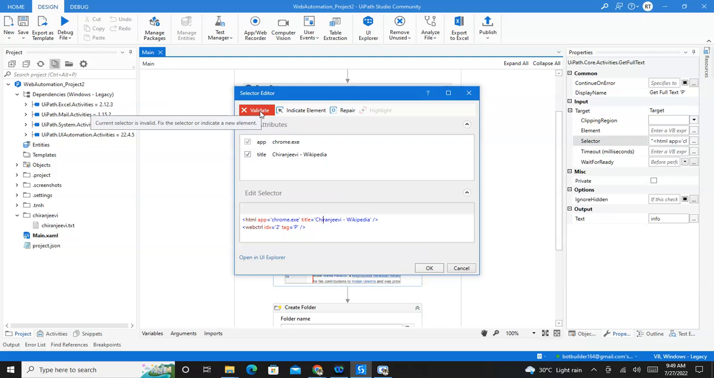And you can see here it is showing validate with a red mark. That means it is not able to identify. So to make this more dynamic, we have two options. Okay, using the asterisk, that is the star mark, we can replace this name. Okay, so that means